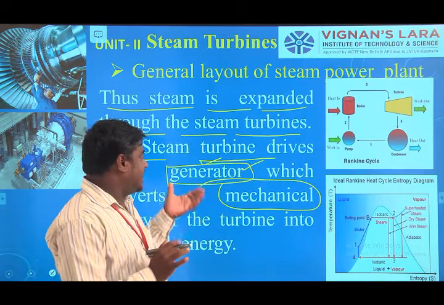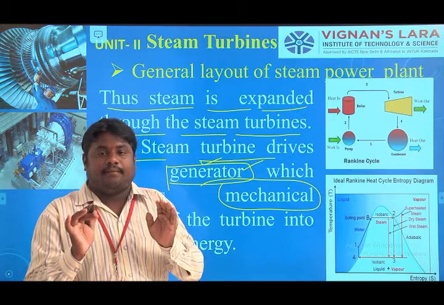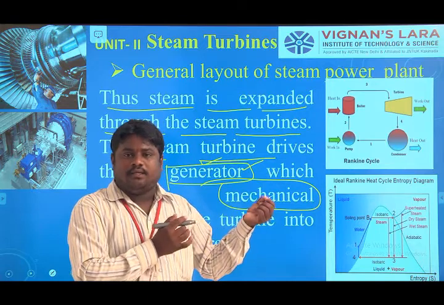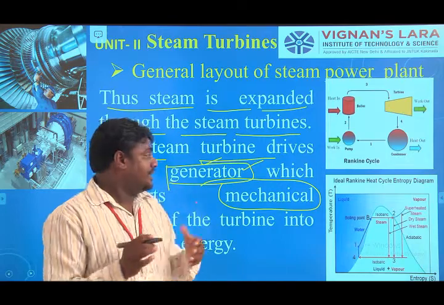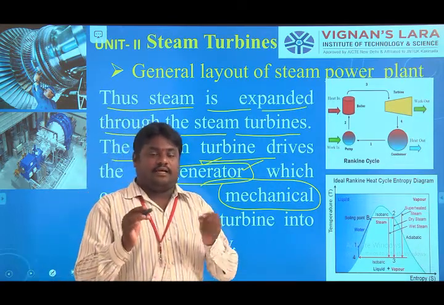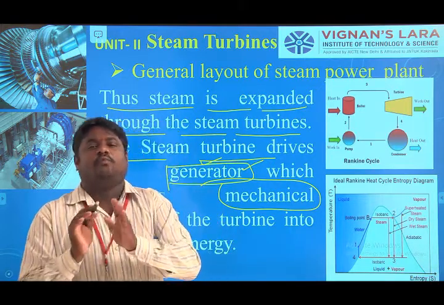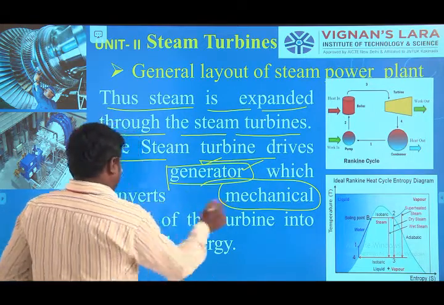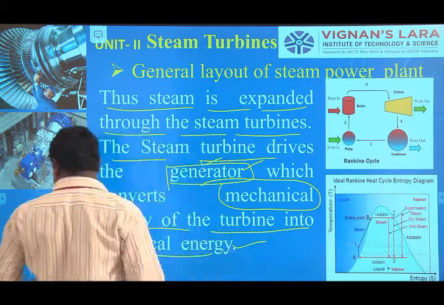So what about the generator? A generator is what converts mechanical energy to electrical energy. What about the motor? A motor is a device that converts electrical energy to mechanical energy. Okay, is it clear? So, the mechanical energy of the turbine into electrical energy. Okay, then